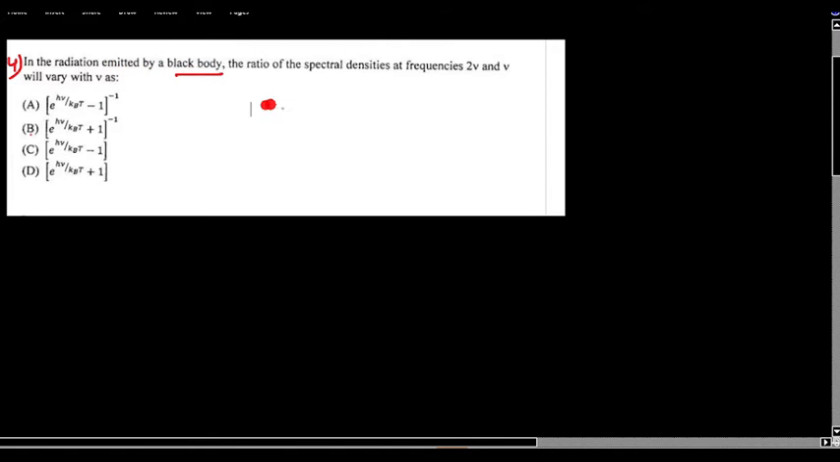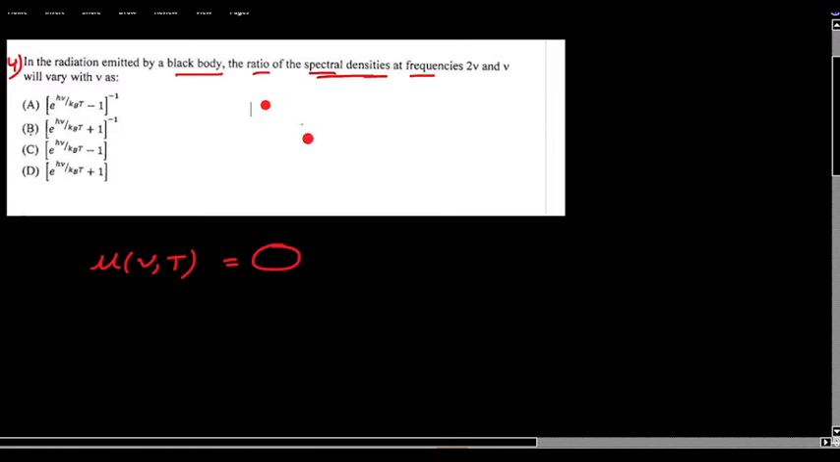In the fourth question, the radiation emitted by the black body, the ratio of the spectral density at the frequency will vary with mu as... And simply they are asking for the ratio of the spectral density. For this, we should already know the formula for the spectral density, which depends upon the frequency and the temperature T, and it is nothing but some constant